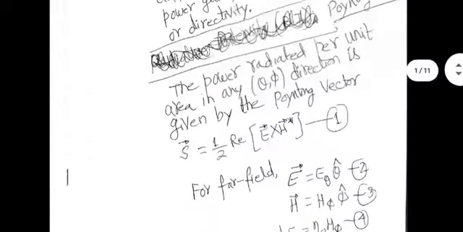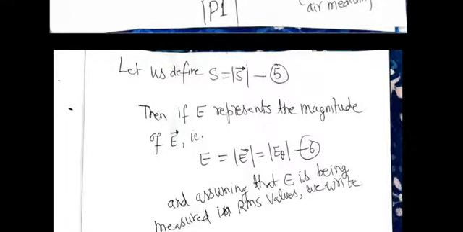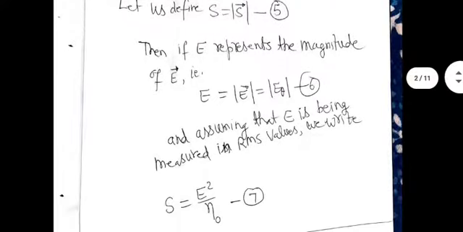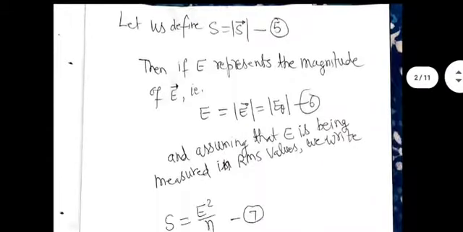Let's say the magnitude of the Poynting vector is S. It's a scalar then. And if E represents the magnitude of E, that means the magnitude of E theta. And let's say we are talking only RMS value for E. You can easily see by applying equation 1, and because you are measuring E and H in RMS values, the 2 would disappear. And E and H are related by eta naught also. You can try to figure it out yourself very easily.